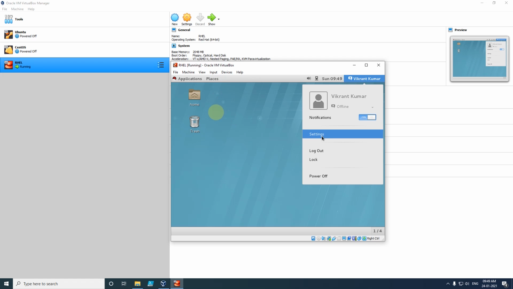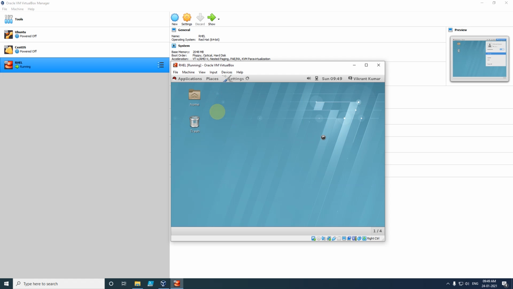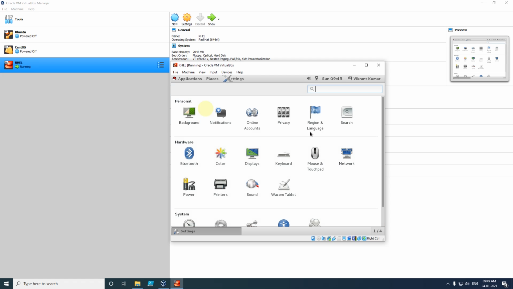And we also have the option to click on settings. If you click on settings, you will have various setting options like background, notifications, online accounts, privacy, search, Bluetooth, color, display, keyboard, mouse, date and time. So any type of system related setting you can set here.